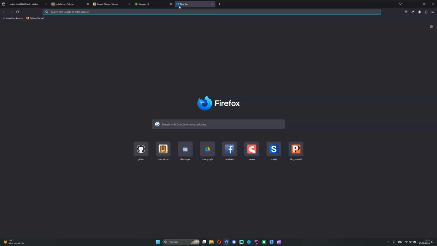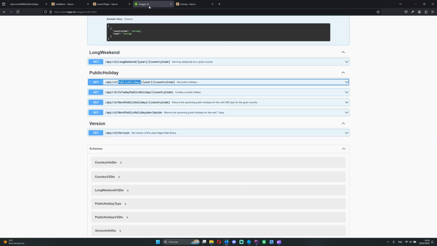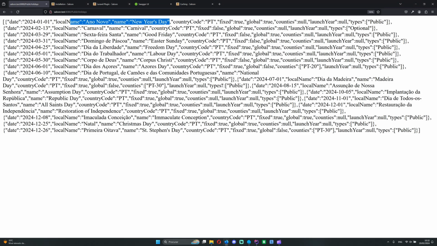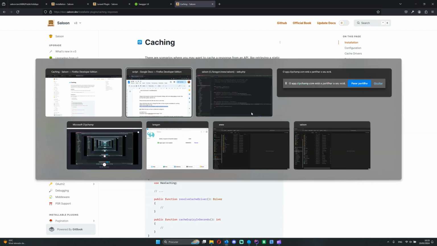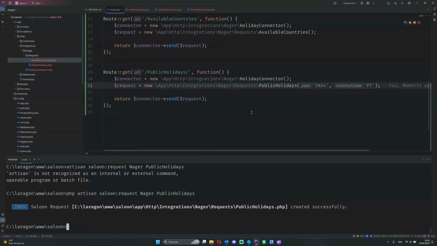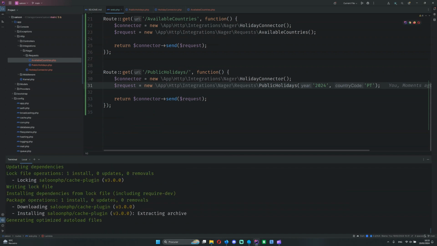We can take a look at caching responses. I think that for a list that is as static as this one, it could be a really good thing to try and see caching working. And also, this is a good way to speed up your responses if you are using an API that doesn't change that much. So, firstly, we need to install the cache plugin for Saloon,